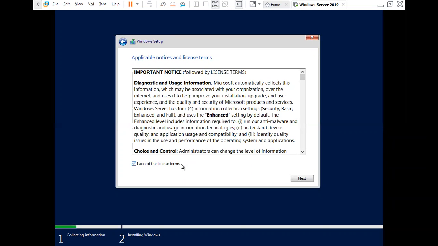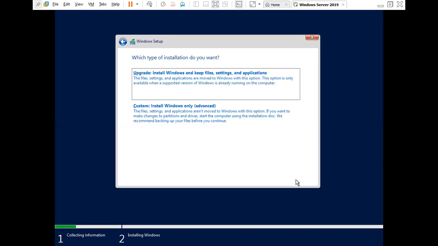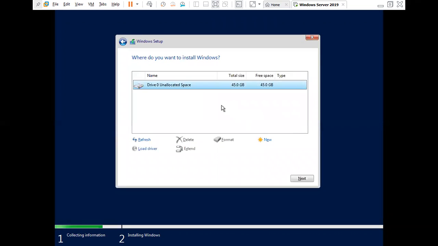Accept all the license items. Next. Upgrade or custom install Windows only. So here, upgrade installs Windows and keeps files, settings, and applications; custom install. I'll just go with custom install. So choose the disk, that's the 45 GB hard drive I created before when I was creating that machine. Just go next